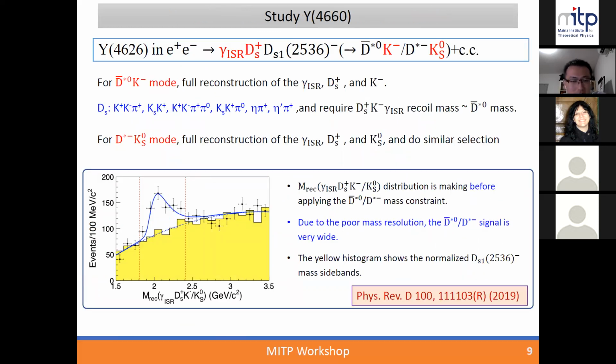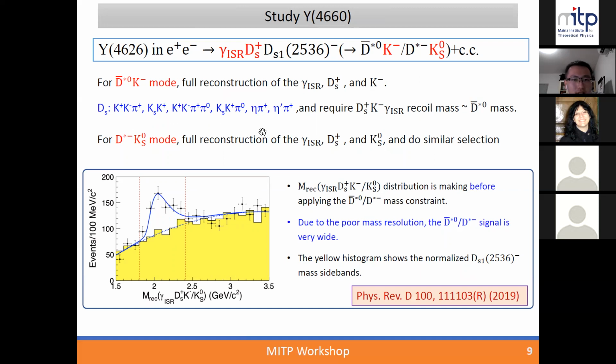And then in slide number 9, the latest result in the ISR processes from Belle should be the observation of the Y(4626), which is observed in the D_s1 D_s final states. Here a new method is introduced. I will give an introduction on this. Okay, so first, for the event reconstruction, for the reconstruction of the D_s, we reconstruct it from six channels,